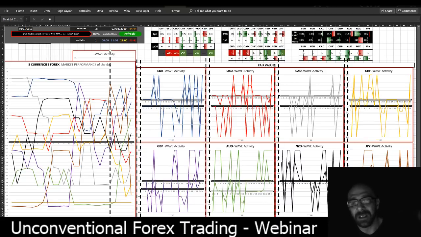But basically, this graph that you see here is an enhanced graphication that you also see in my previous video that was more flat, because here we have some kind of the oscillation of, so the wave activity, for example, of the euro, and these peaks is a normalization on 100% of the same graph, so that I can see more clearly if there is an overvalued situation or an undervalued situation, right? Okay, and this for every currency. And this is the market performance. So this is the 8 currencies moving together.